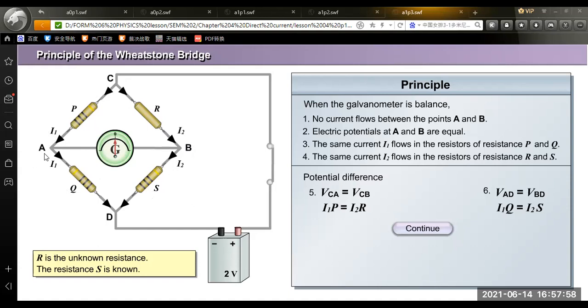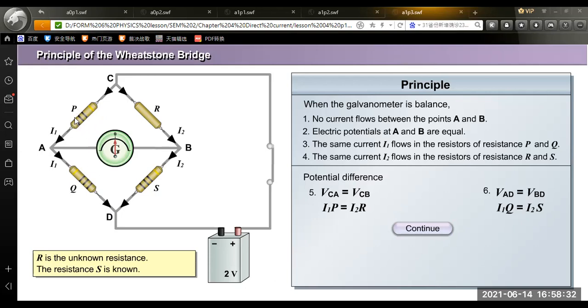Another one should be VAD equal to VBD. The potential difference across the points CA equals the potential difference across the points CB. The potential difference across the points AD will be equal to the potential difference across the points BD,